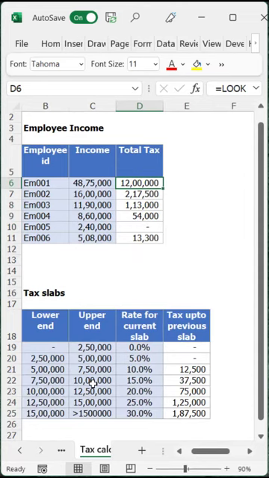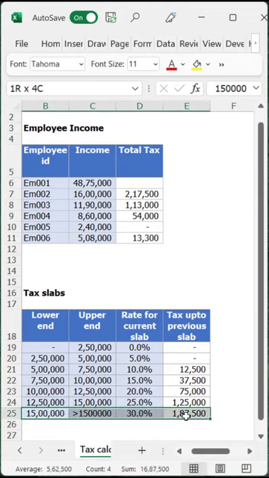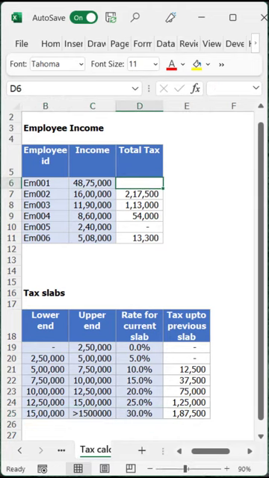So in this example, what I have is tax calculation for employees based on their income. The way the calculation is going to happen is, you first identify the tax slab of the employee. So here the income is more than 4 million, 4.8 million. So that falls under my last slab. What we are supposed to do is, the tax is going to be 187,500.